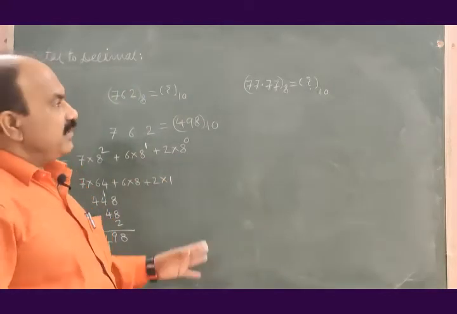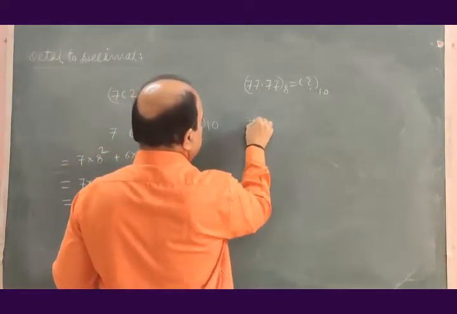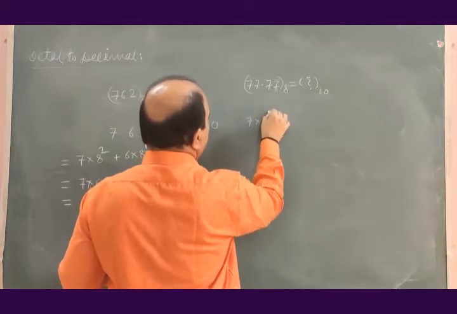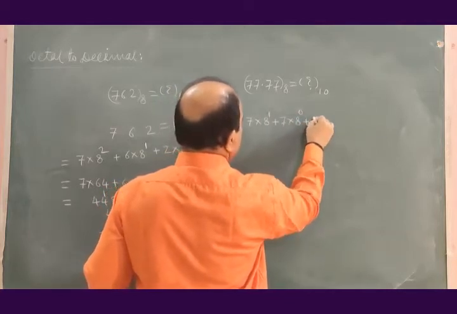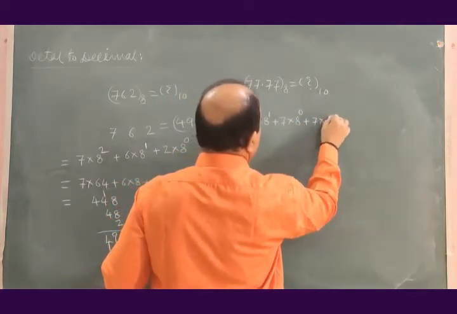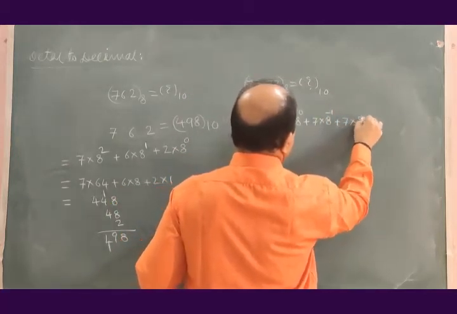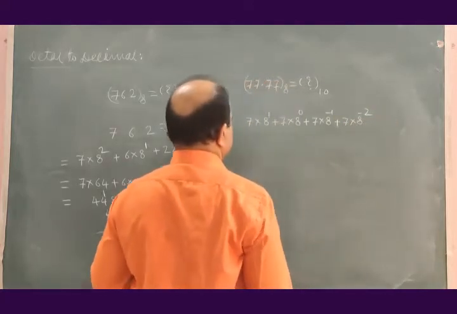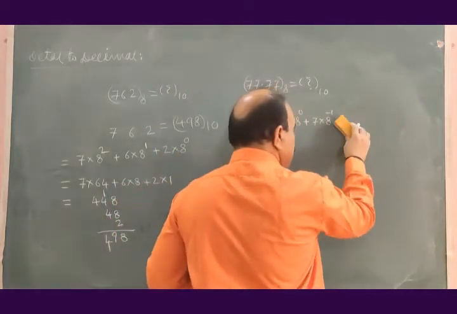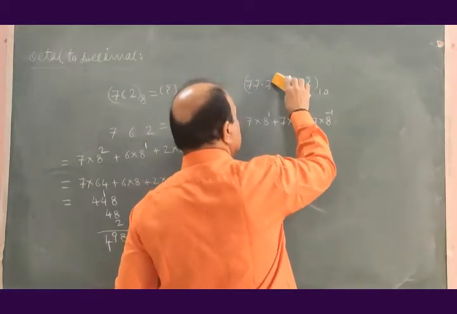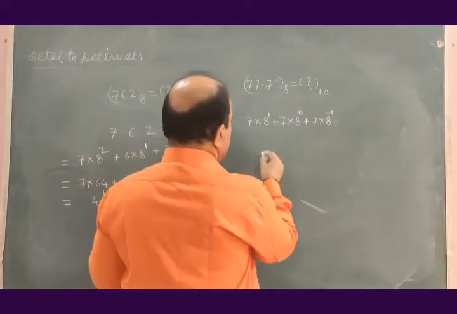77.7 in octal converted to decimal. 7 into 8 to the power 1 plus 7 into 8 to the power 0 plus 7 into 8 to the power minus 1 plus 7 into 8 to the power minus 2. The calculation will become more complex, so to save time, let me use here 77.7. This is equal to